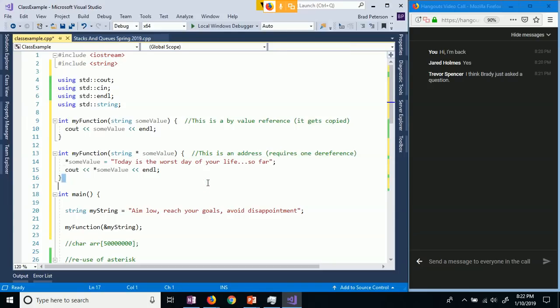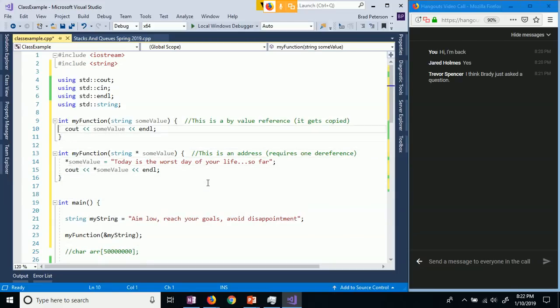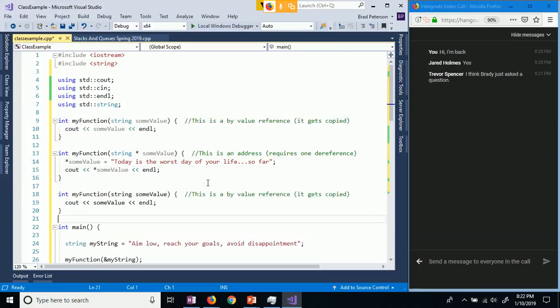C++ gives us a cleaner way to get there. What is it? A by reference. In this situation, we're reusing the ampersand. This does not mean address of anymore. It's a new usage that has nothing to do with address of. What this means is